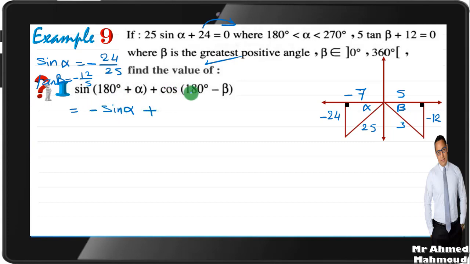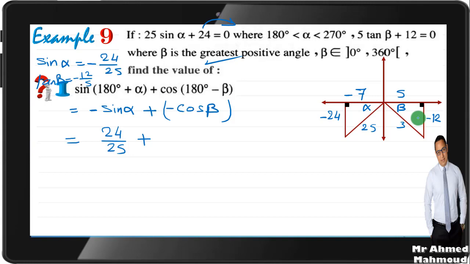Plus cosine, 180 doesn't change the cosine, so it will be cosine beta. 180 minus beta is in the second quadrant, and cosine in the second quadrant is negative, so it will be negative. Okay. Negative sine alpha. Sine alpha equals opposite over hypotenuse, negative 24 over 25. So it is negative of negative 24 over 25. It will be positive 24 over 25 plus